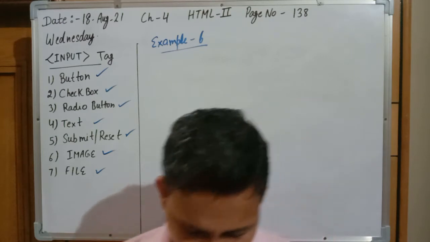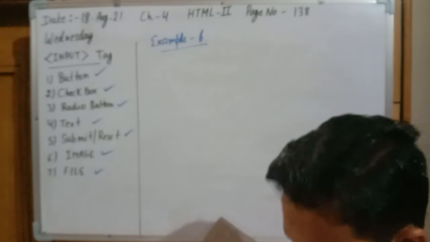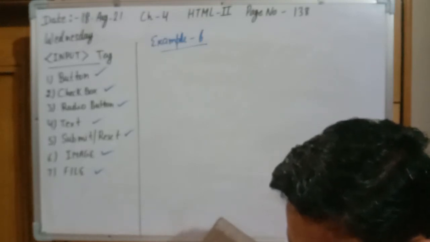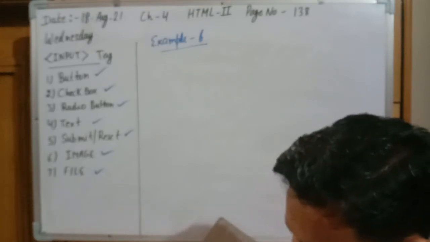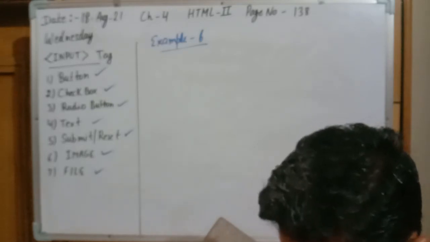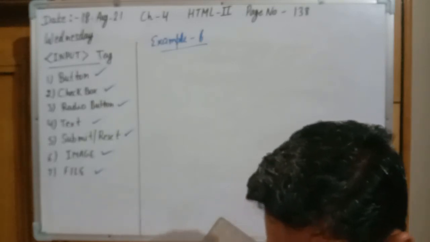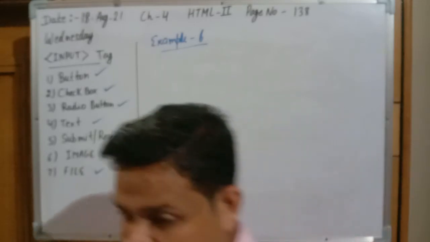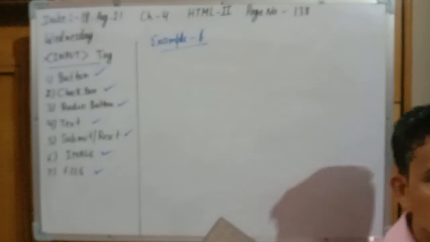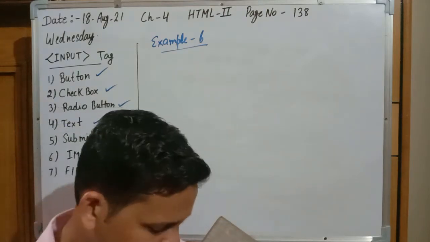As you are looking at the output on page number 139, the same is displayed on your output window. This is the first button and the input type is button. Afterward, one button is designed, input type is button, and the value written in that button is open. The name of the button we can give is button 1, because many times we are using multiple buttons in one form. So to remove the confusion, we can also give the name of the button. So we have given button 1 to the first button, that is open.